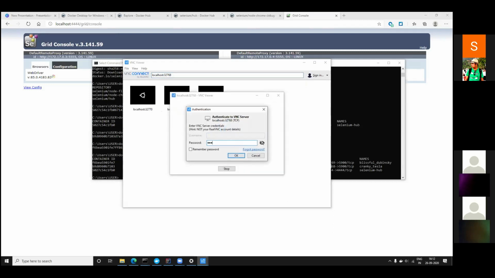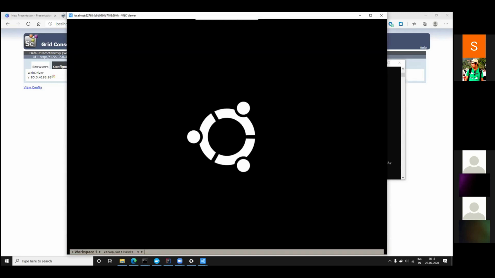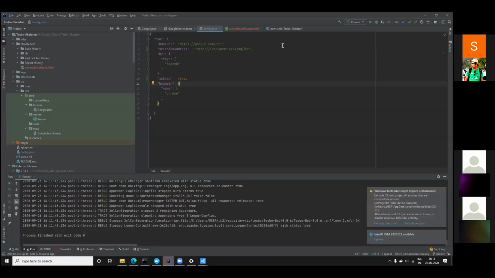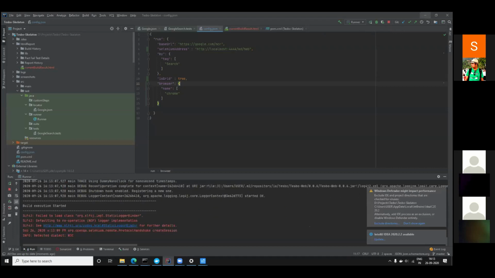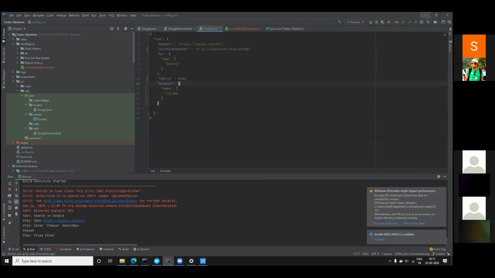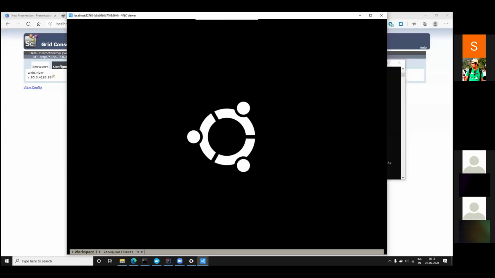By default the password is secret. Okay, now you are connected to that machine as well. So if you run your test, you can see the tests are running. It's a small test, so it completes very quickly, but your test is running this way.